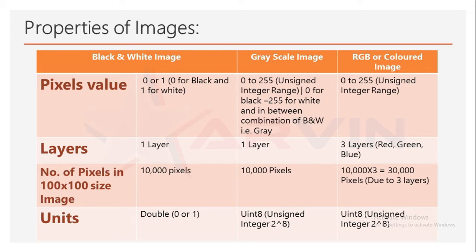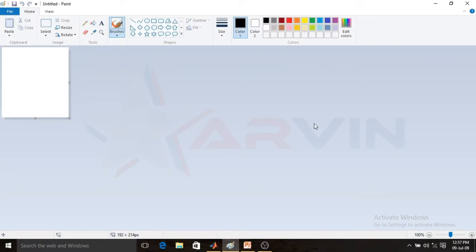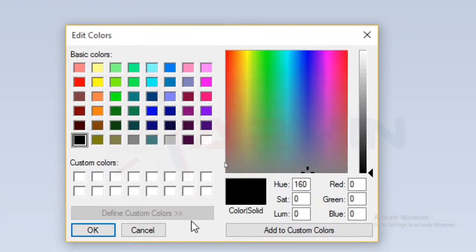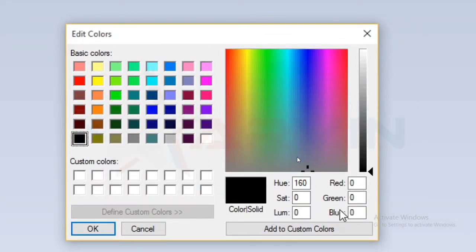The same is true in a colored image: the pixel value range is the same as grayscale, 0 to 255, also an unsigned integer range. To understand the concept in brief, now open your Paint and go to edit color. Here you can see red, green and blue options.